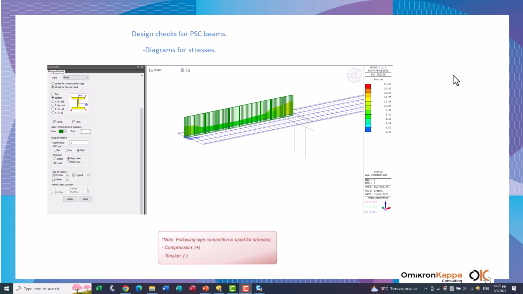Using the diagram for PSC beam checks, we can check the stresses at the top and the bottom fiber of the cross sections of our beam. Also, we have the allowable stresses and the applied stresses in order to check if they are less than the allowable values.